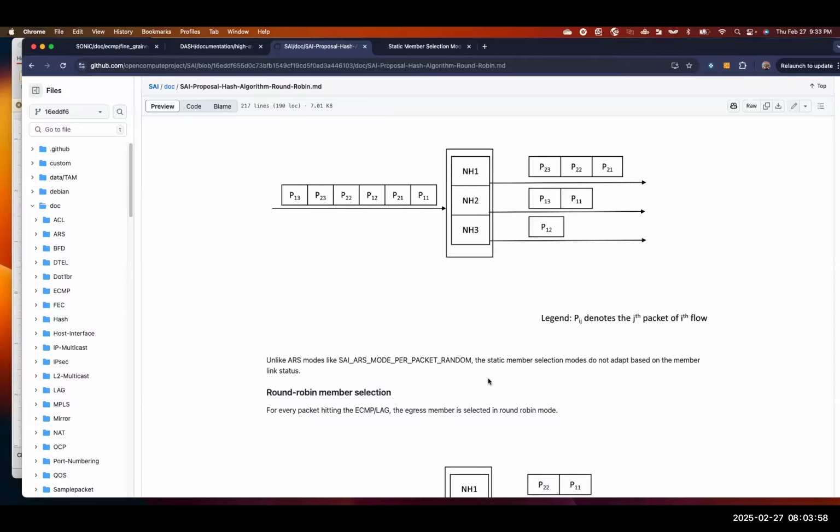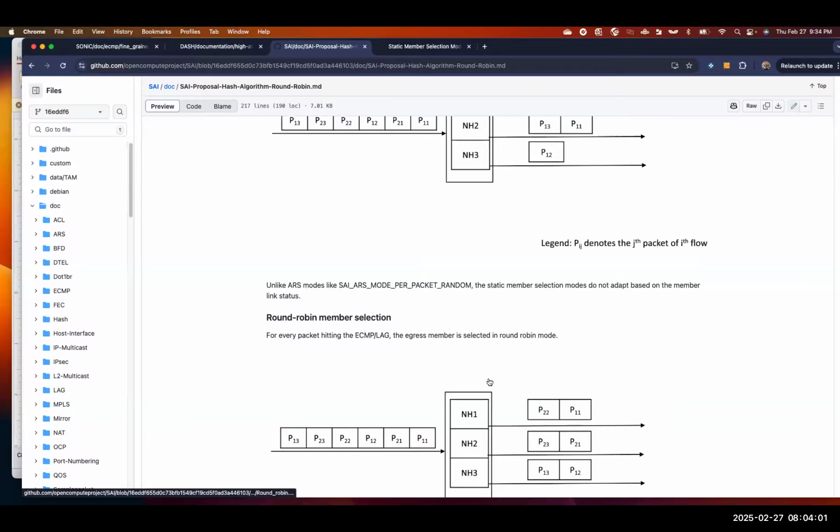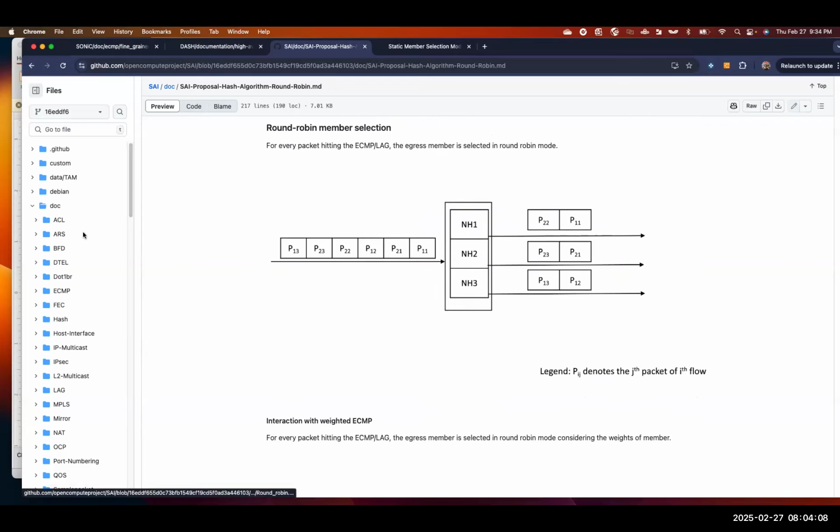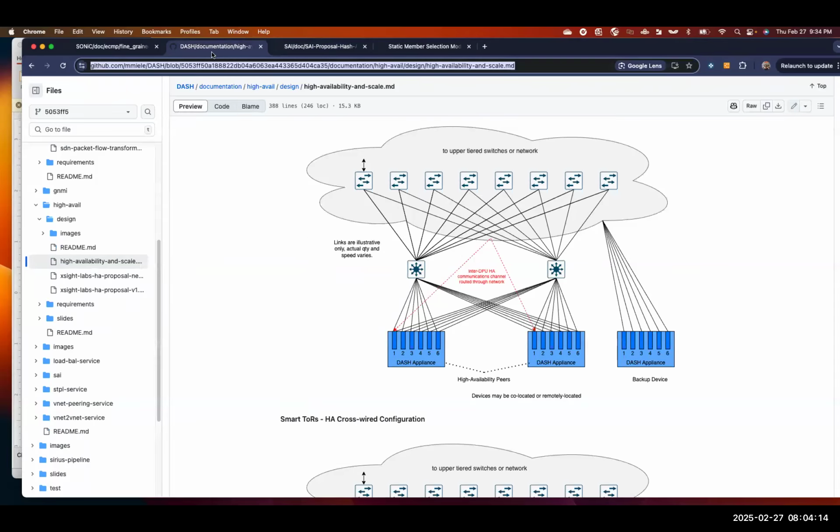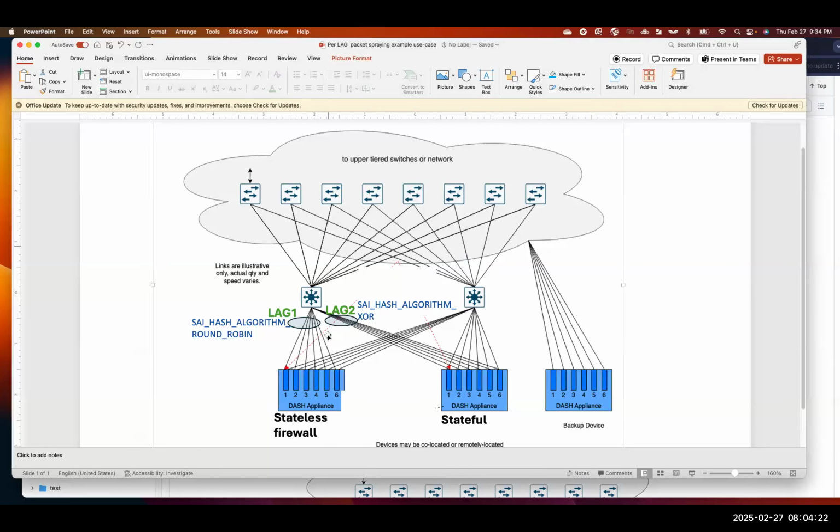Wait a minute, let me understand. So packet spraying, packet going out on a lag. I just took an example, just to make it easier, one existing SONiC topology. Let's take this example, Jay, just for us to visualize it. Can you see my pointer cursor? Yeah. So let's say this is a ToR switch.